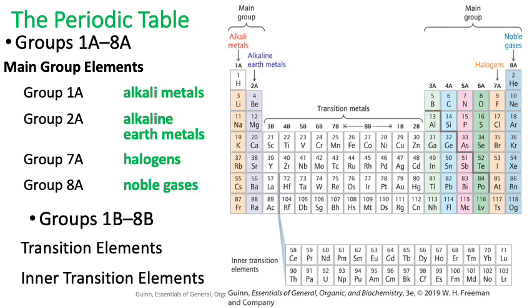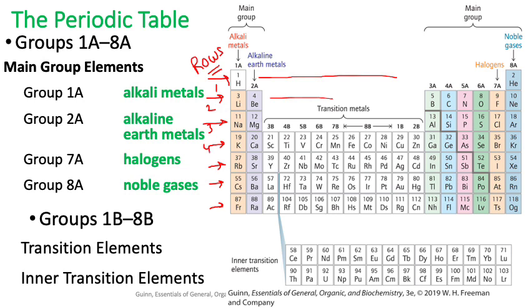The periodic table is arranged into 7 horizontal rows. This horizontal thing we call rows. This is a row. So how many rows do you have? You have 7 rows in the periodic table, right? 1, 2, 3, 4, 5, 6, 7, and then you will have